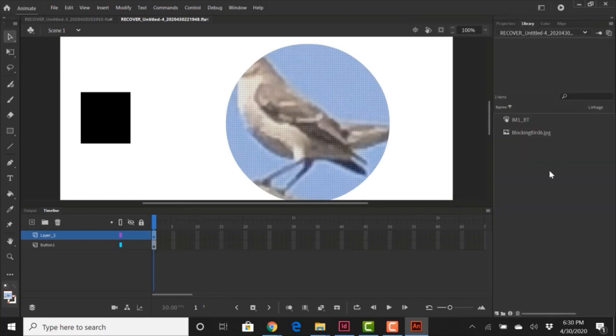Let's go to our... didn't save the image. Okay, so